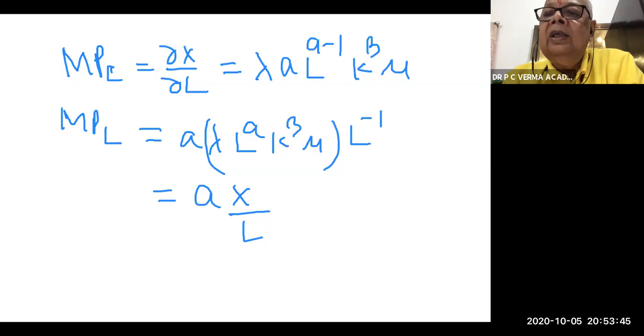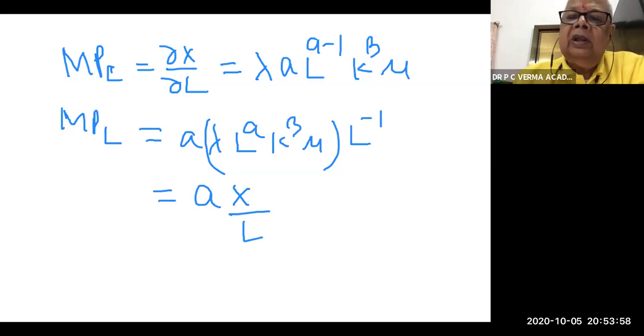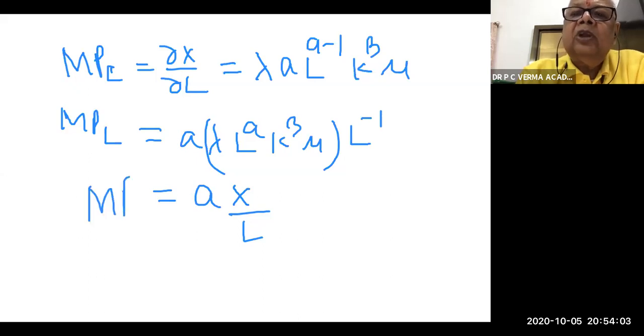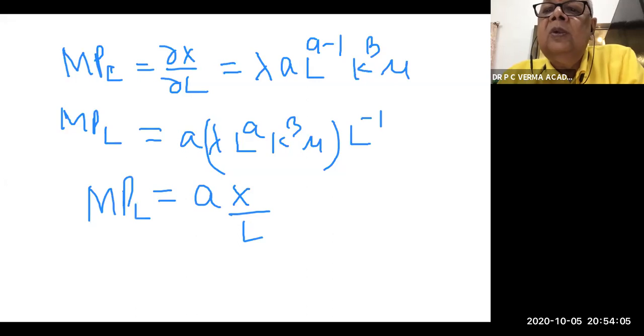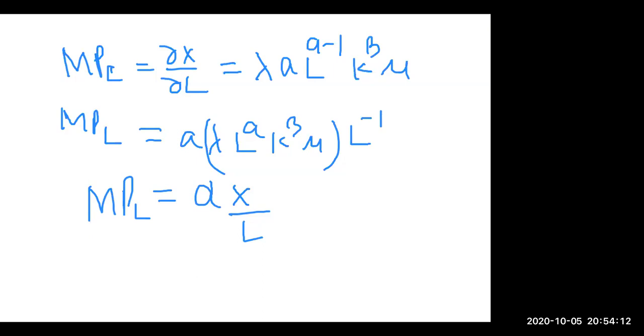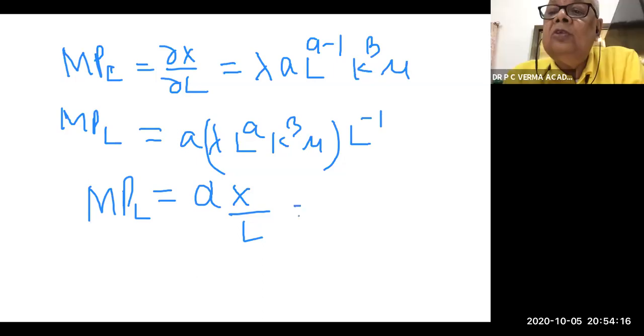So what we derived is marginal productivity of labor is equal to alpha times X by L,